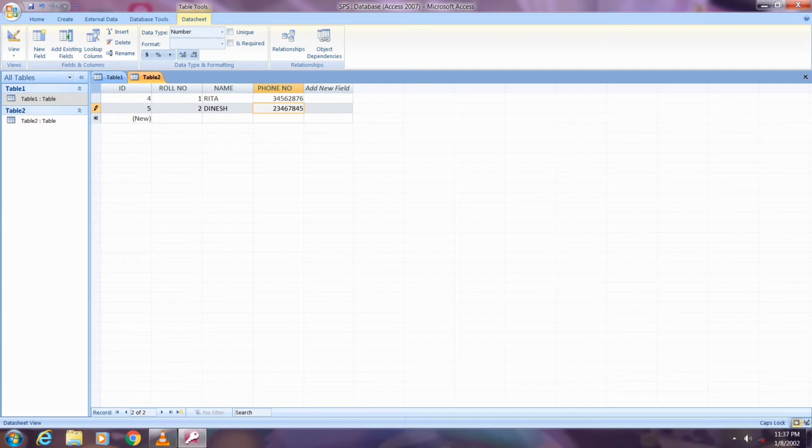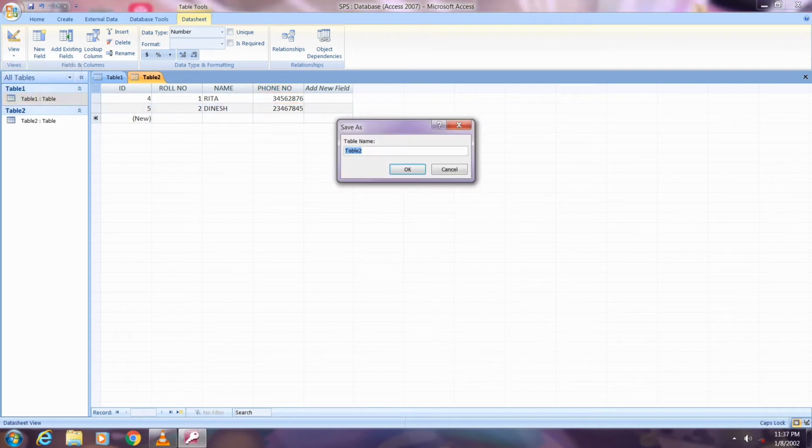Now you can save this table by using the Save button if you desire. I want to say that by default we are working in Datasheet view, but we can move to 4 types of views in it. That I will tell you later. This is the Datasheet view of this table. You can see this table in Design view also, but firstly you have to save it. Okay, then skip it.